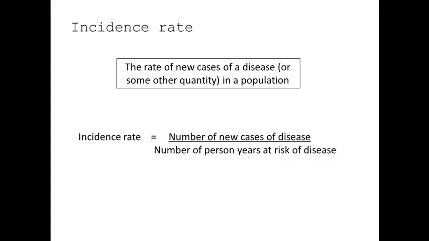There are two common types of incidence. First, there's the incidence rate. This is the rate of new cases of a disease or outcome. It's calculated by dividing the number of new cases by the total person years at risk. The denominator can be a little confusing. In the HIV example, we use the average number of people that were living in each region in 2007. The assumption was that this is the number of people who were at risk over that particular period in the